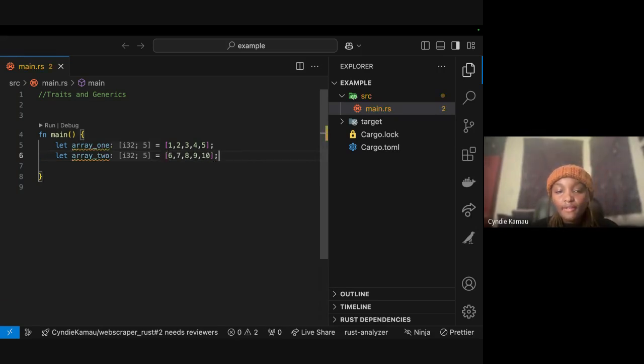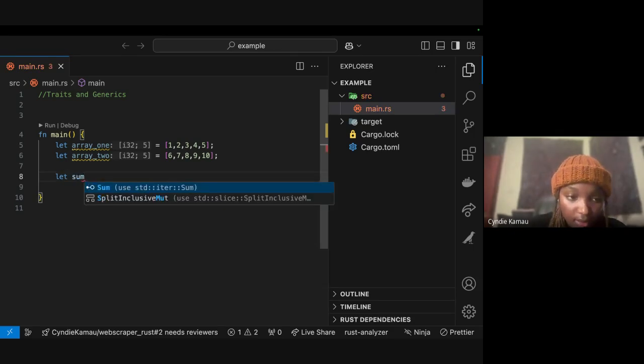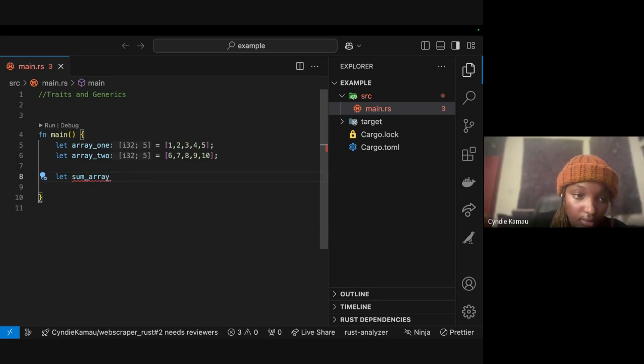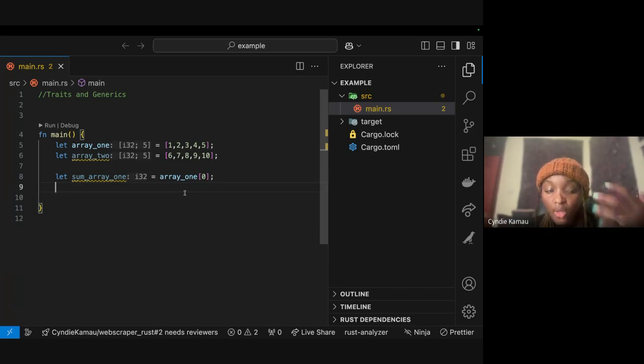So what will I do if I want to calculate the sum of all these digits here? First of all, I will have to initialize the index of this array of mine, right? So let sum array equals array 1, 0. So I've initialized the index of my array, right? Then after that, I have to do something we call iteration.